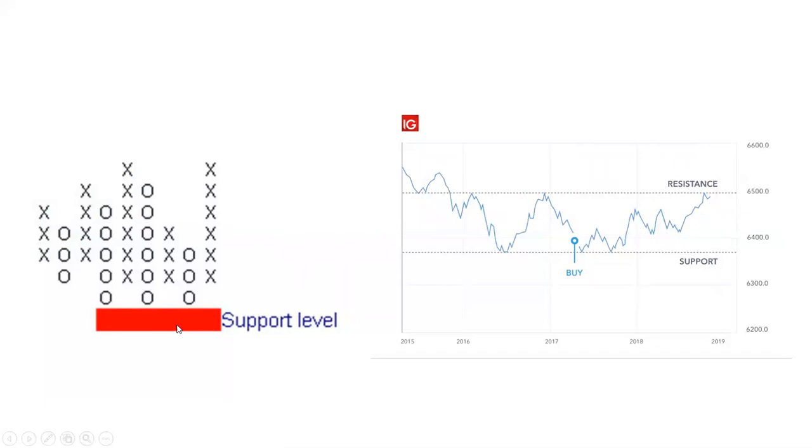Using PFC also, support and resistance levels can be found. This is the support level. Whenever prices reach here, reverse movement starts, and this is the resistance level. Usually we find these levels using a line chart. This is a line chart, and this is the support level, this is the resistance level. When price reaches the support level, this is the buy signal, because after that price will go up. But if price reaches the resistance level, this is a sell signal, because this is usually the highest price in the market.